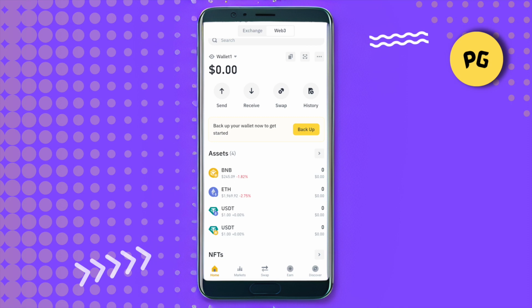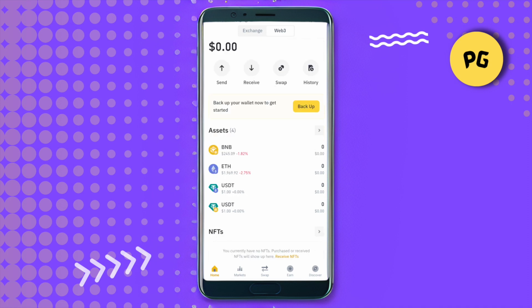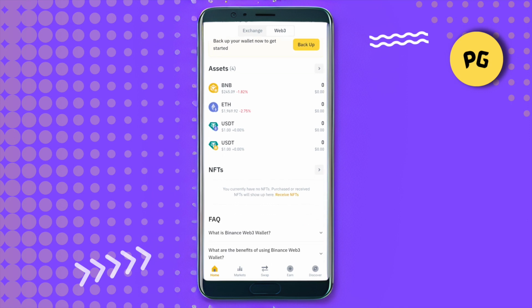That was quite tricky earlier because we had to use bridges and all sort of platforms in order to send one crypto from one place to another place. Suppose I had a crypto from AVEX blockchain and I wanted to send it to Ronin wallet. I had to do a lot of stuff and all sort of bridges. But with the help of Web3 wallet, you would be able to send all sort of cryptos from different blockchains